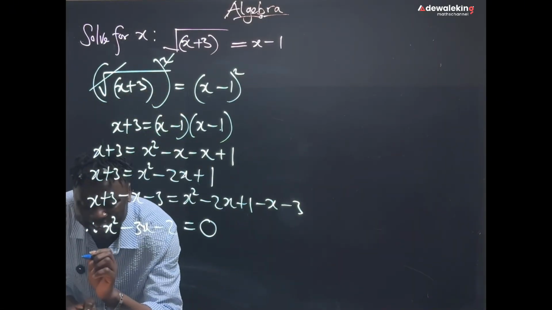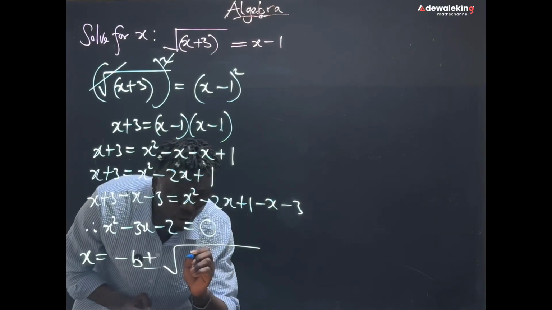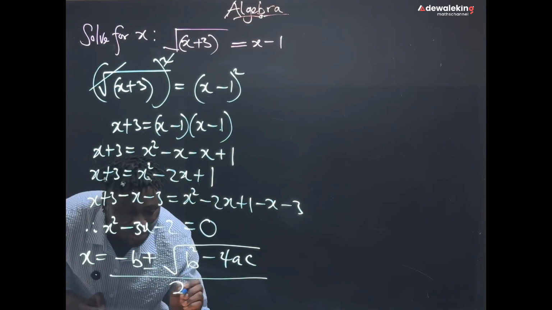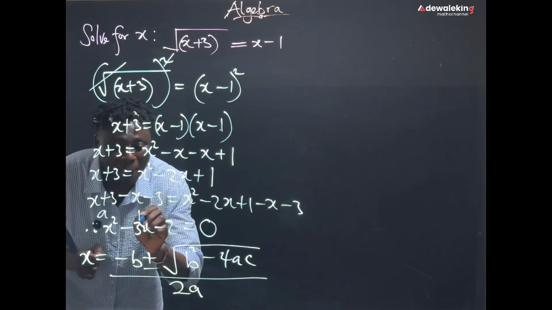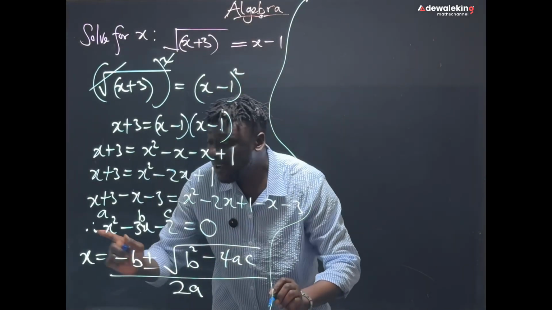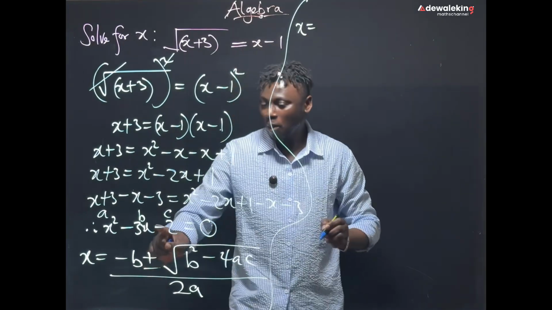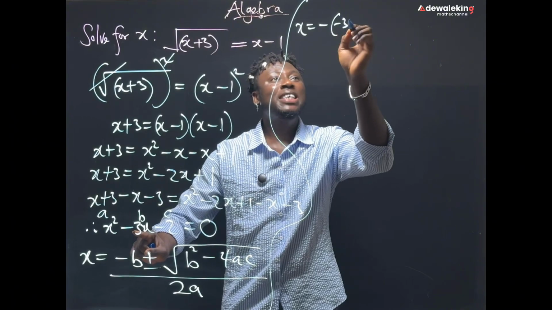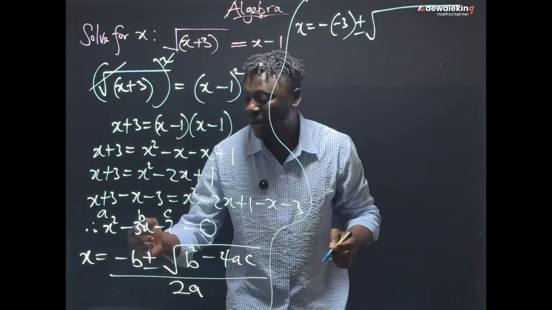So this will be x is equal to minus b plus or minus the square root of b squared minus 4ac, all over 2a, whereby these coefficients become a, b, c. So we can easily say that x is equal to minus b, so this is minus minus 3, plus or minus the square root of b squared, which is minus 3 squared,